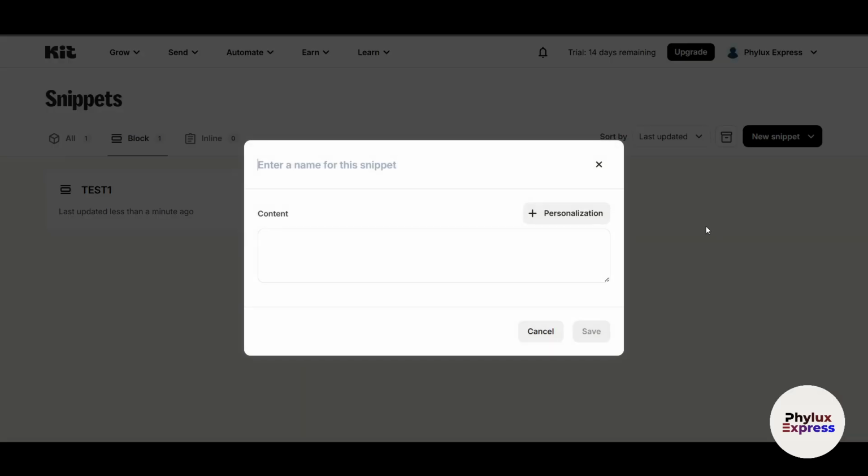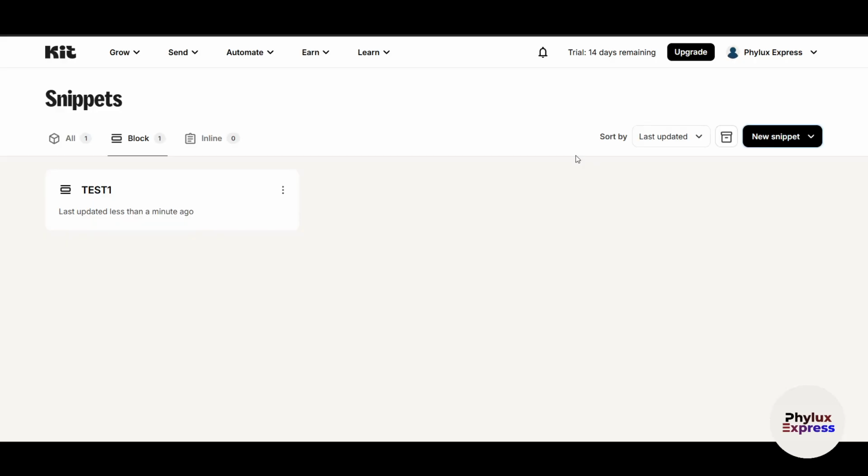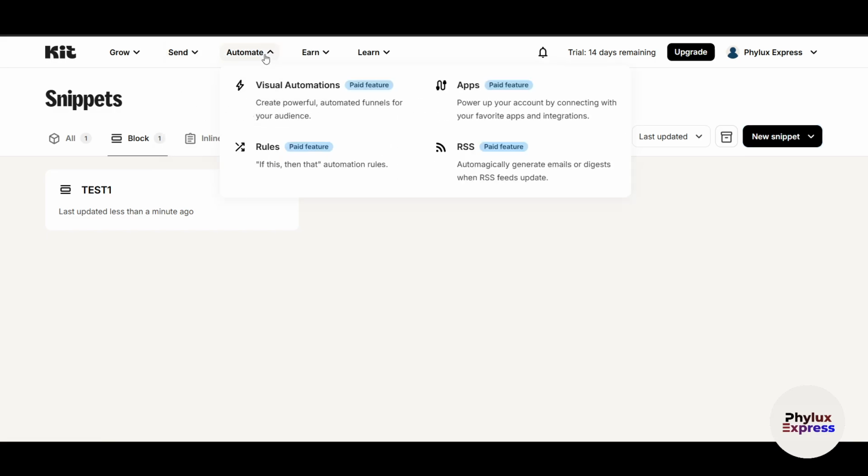Now you can create an inline. Same goes for here, and you can personalize for everyone, and you can send it in the broadcast. Right. Now, if you go to automation, automation is something where you don't have to do everything manually. Let's say you have to send an email every day. So you can just automate this entire thing. You just have to make new presets and automatically it will get sent to everyone, to your email subscribers